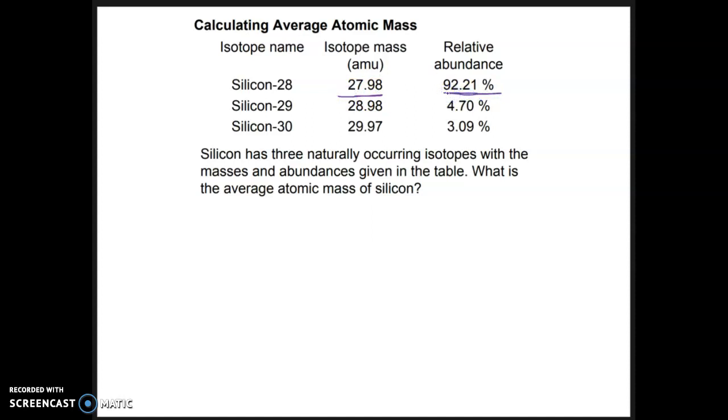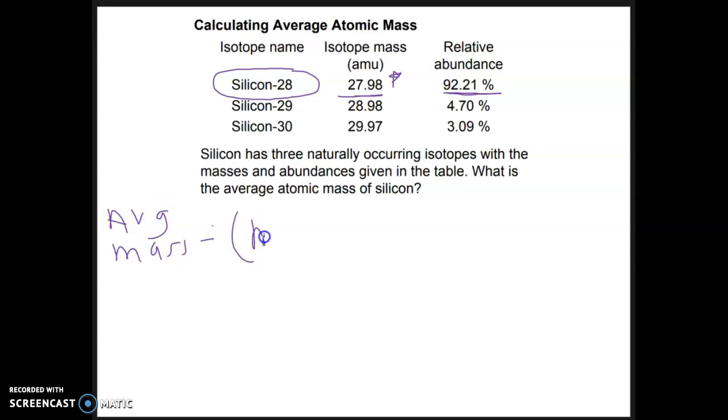Looking at this really fast, silicon-28 is the most abundant. It's 92%. So if you have a sample of silicon, 92% of it is silicon-28. So when I calculate my average atomic mass, it should be closest to silicon-28 because it's the most common one. It's not going to be this number exactly, but it will be closer to this number than to the other numbers. And so our formula was average mass